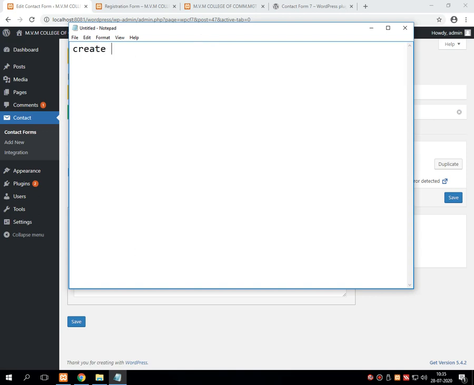Create a student registration form with following fields using Contact Form 7 plugin.